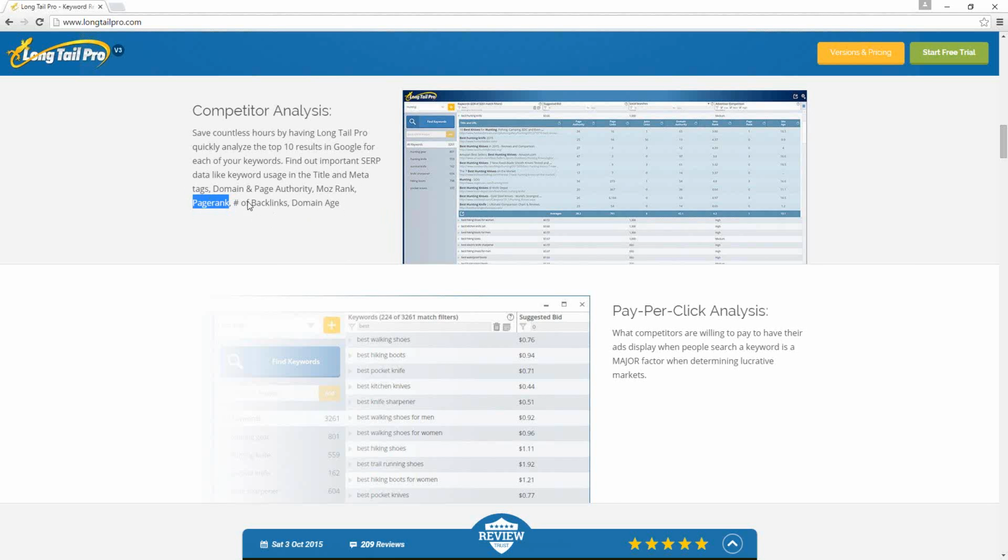So I do like that this could give you, at a quick glance, some of the information necessary. If you can see that everybody up in the top 10 has been around for 5 or 10 years, and they have hundreds or thousands of backlinks, and all this other stuff going for them that you ultimately can't build up overnight, that's going to take you a decent amount of time to achieve even a fraction of that yourself. You can tell at a quick glance whether or not it's going to be possible to rank for some of these phrases. But again, if you're sticking to the really low competition stuff, you shouldn't have to worry about these things.